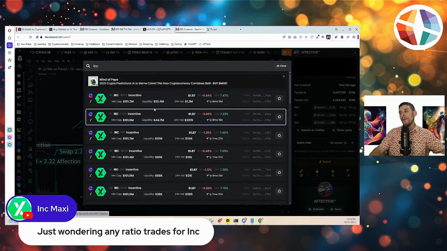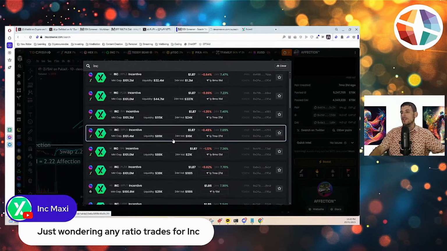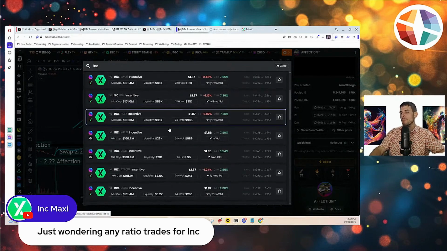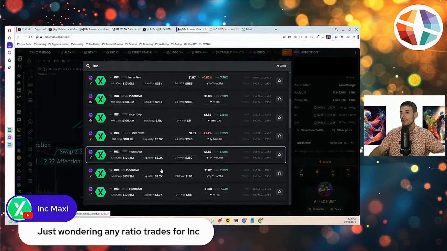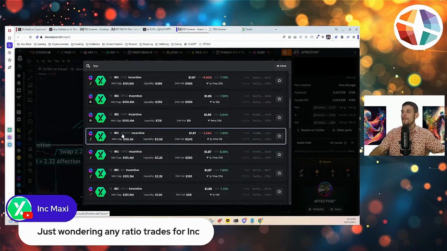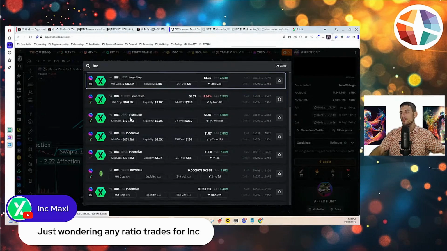Okay, so this is where, let's have a look at it against Pulse Chain. But then I'll start to look at it against maybe some more exotic pairs. Let's have a look at it to Atropa. So yeah, there's not really a lot of liquidity there. I wonder which USDT that is. I wonder if that's the forked USDT or.